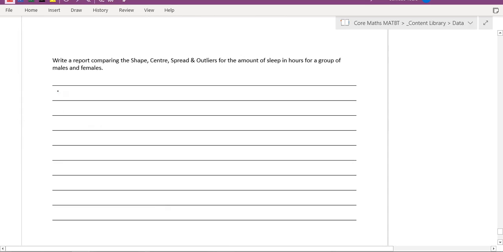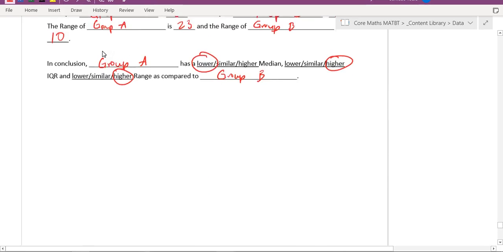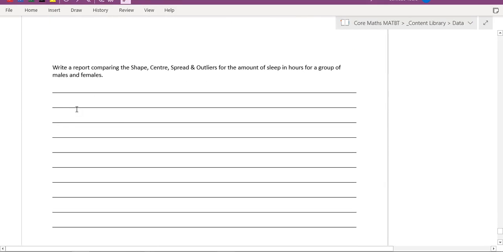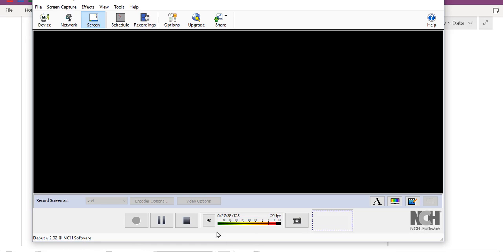So right here, the shape, and then the center, then the range or the spread, and then the outliers, if there are any. You don't have to write it in this format, okay. But I would like you to write what's the shape for both of them, what's the center for both of them, what's the spread for both of them, and is there any outliers for both of them. And then we'll see how